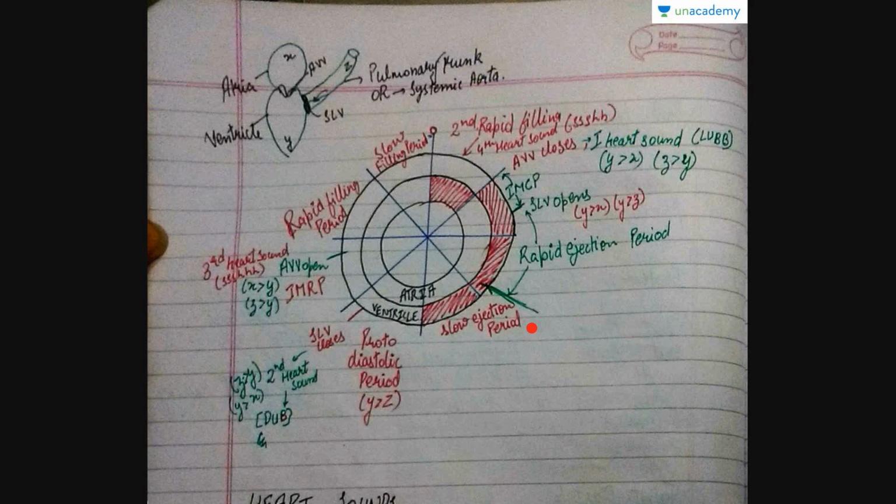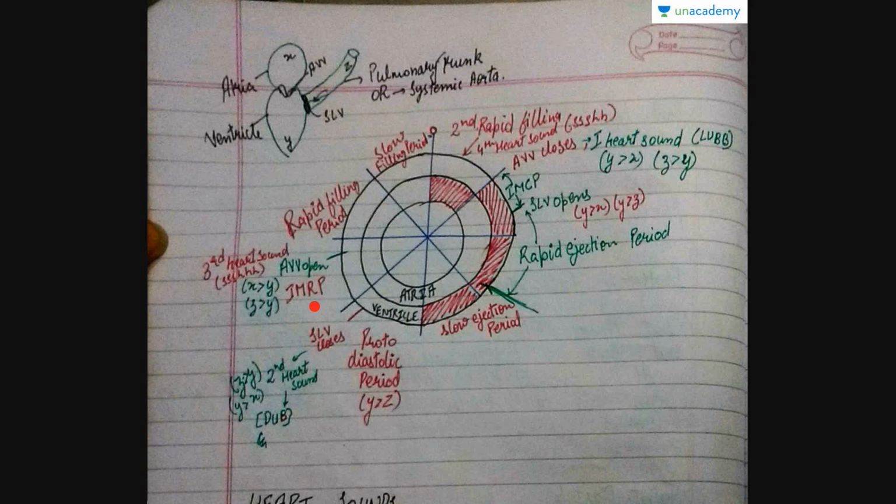Then during the ventricular diastole there is a protodiastolic period. In the protodiastolic period the ventricles stop contracting, but still the SLV valves are open and blood can still flow. After the protodiastolic period the SLV closes. Now after which there is IVRP, this is isometric relaxation period, and also SLV closure produces the second heart sound, which is known as dub. Now IVRP is isometric relaxation period.